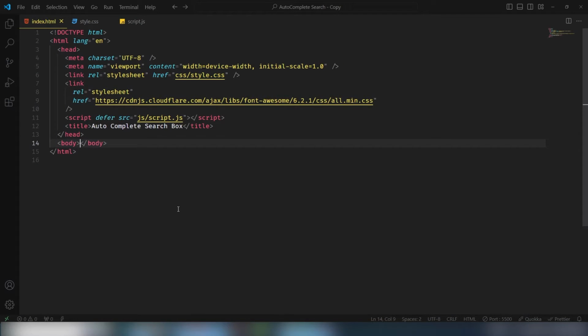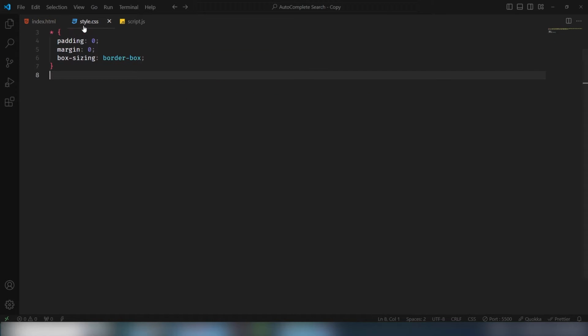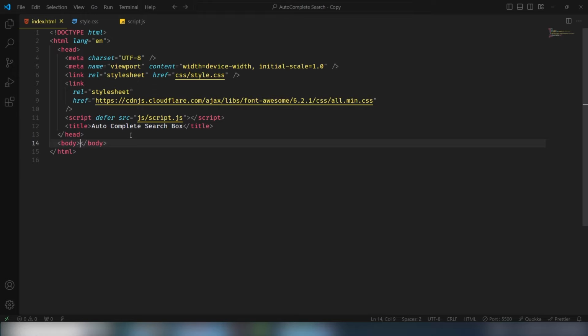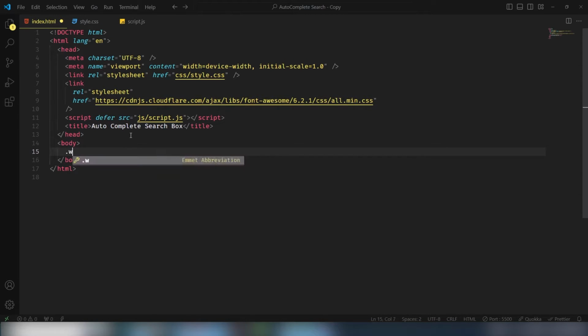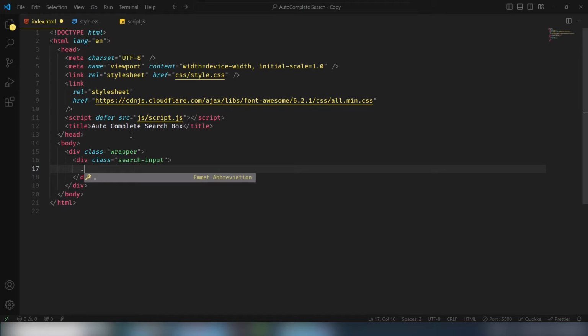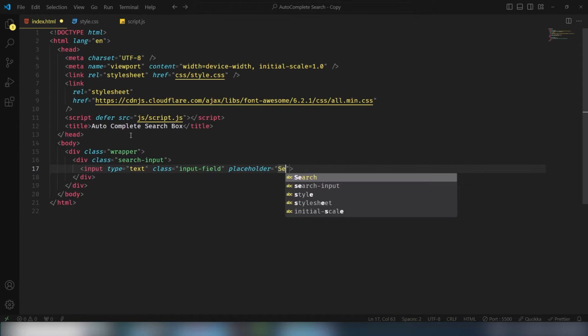I go to my code editor, and inside that I have index.html, style.css, and script.js. So without further ado, let's write the code. I'm going to write the wrapper class. Inside the wrapper I will use search input. Inside the search input I will use the input field, and I'm going to assign the class input field, and also I will use the placeholder search